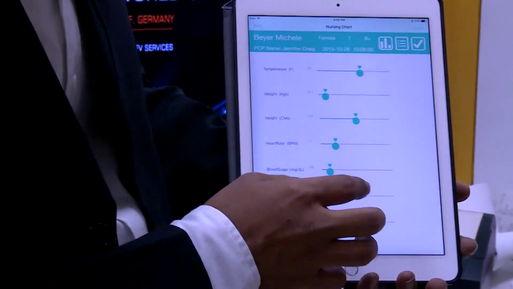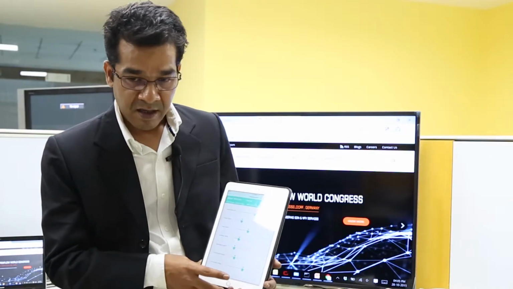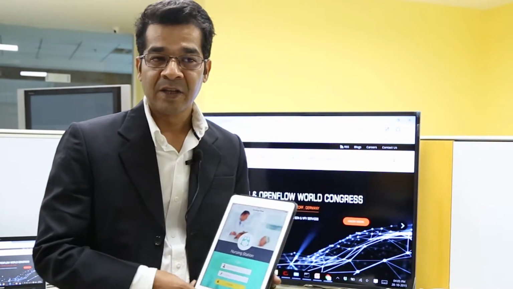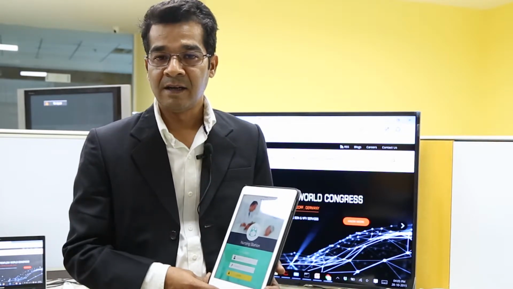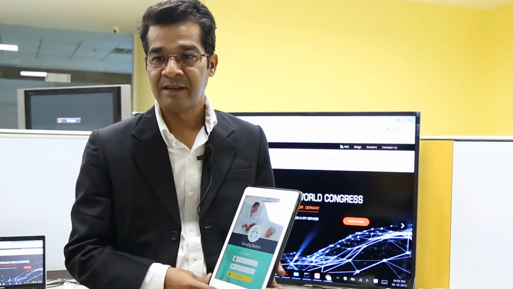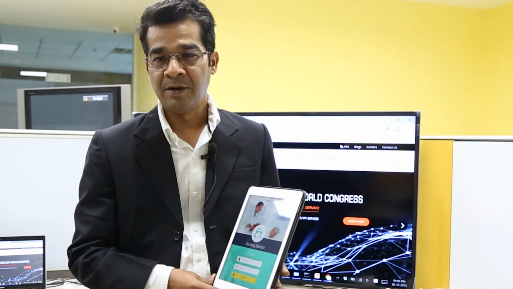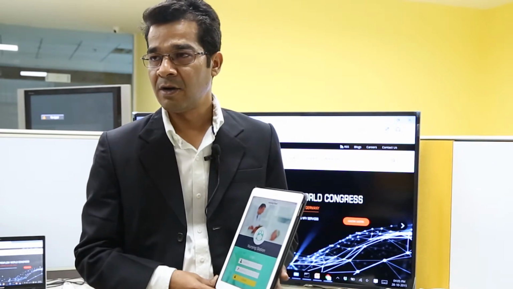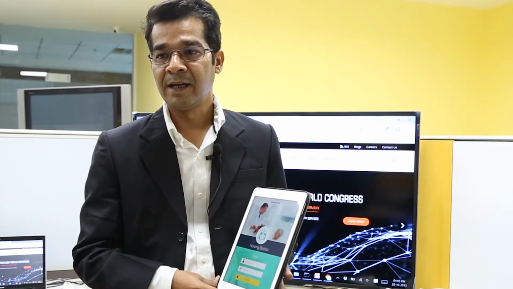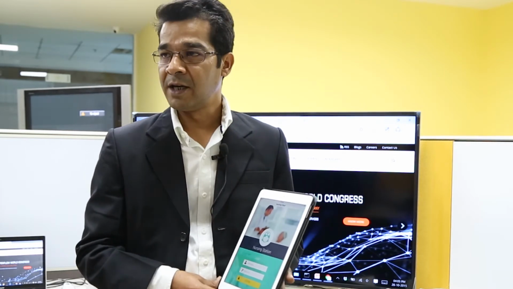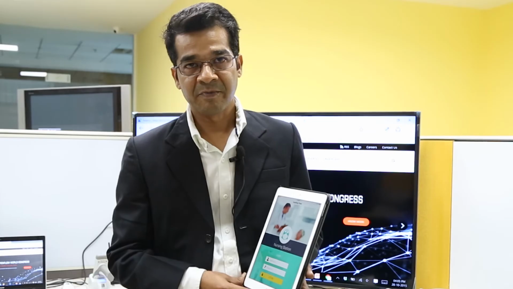So this is what the nursing station is all about, and it showcases how it is useful for nurses in their day-to-day jobs and activities, and it also takes off the human error that could occur in terms of taking data input onto a piece of paper and then reading it out and putting it onto the hospital's HIS system.